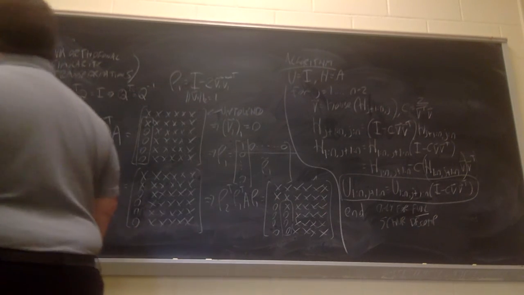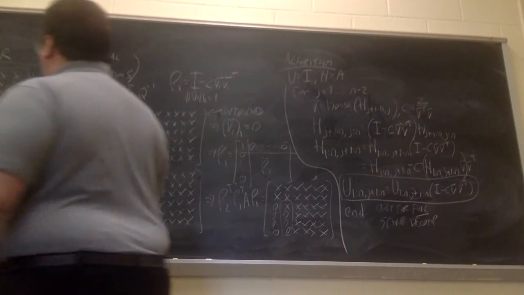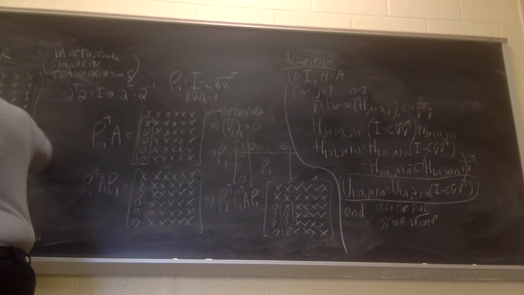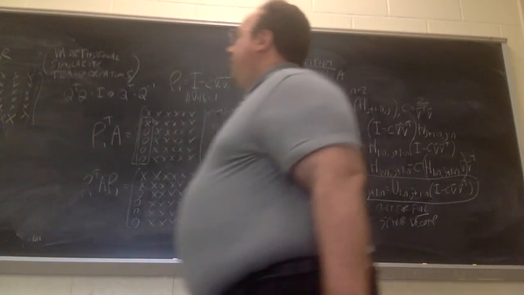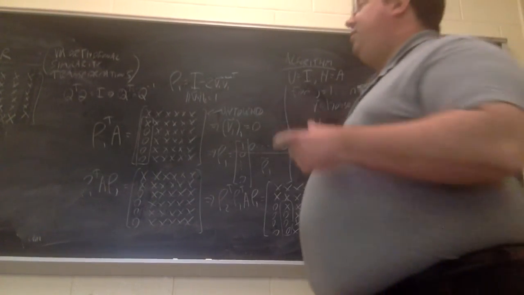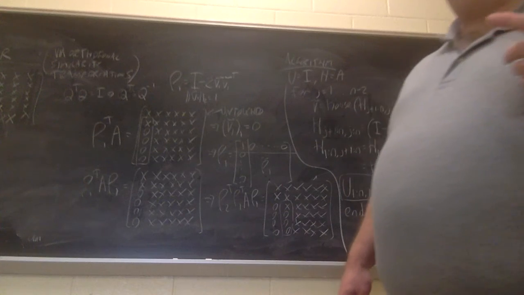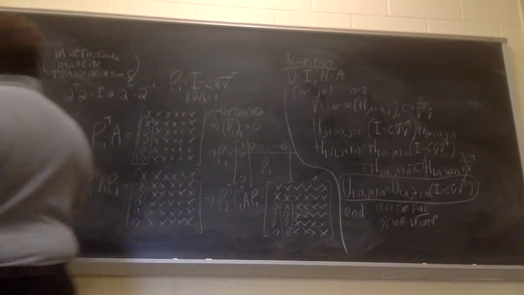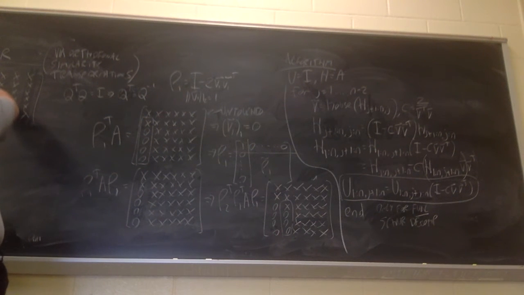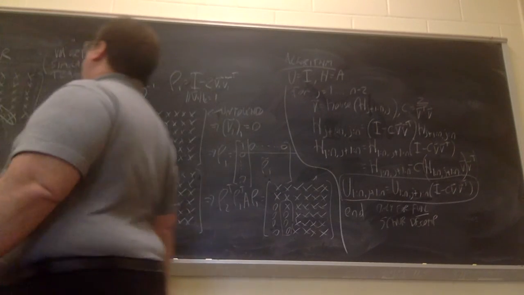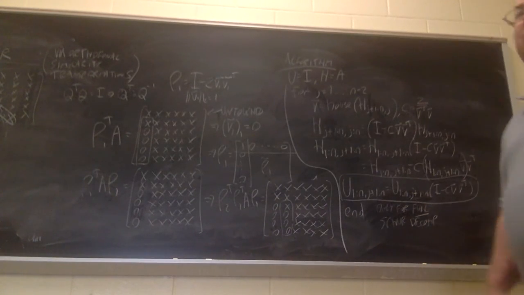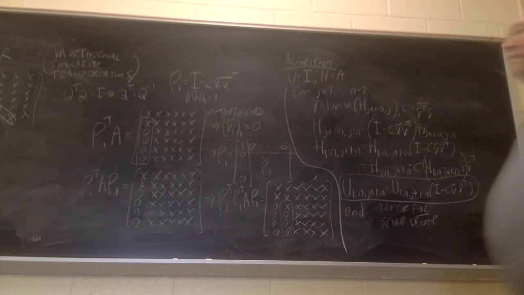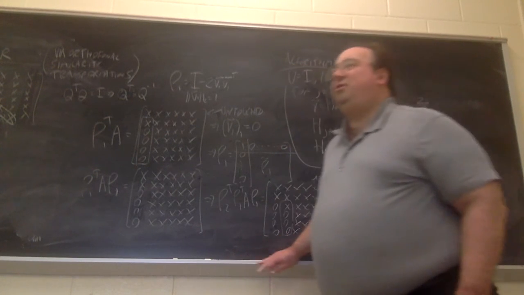Okay. So, my zeros are a little misaligned. Now, I want to reduce this to upper triangular form. But there are very few entries I need to wipe out. It's only these, that one subdiagonal. n-1 entries that I have to wipe out. So what kind of matrix should I use to wipe those out?